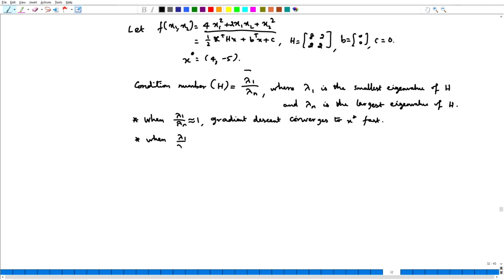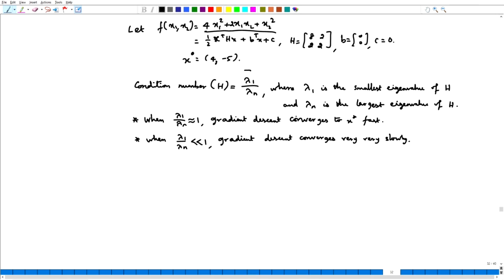When lambda 1 by lambda n is much less than 1, gradient descent converges very slowly. Of course, it converges, that is not a problem, okay, but it could take